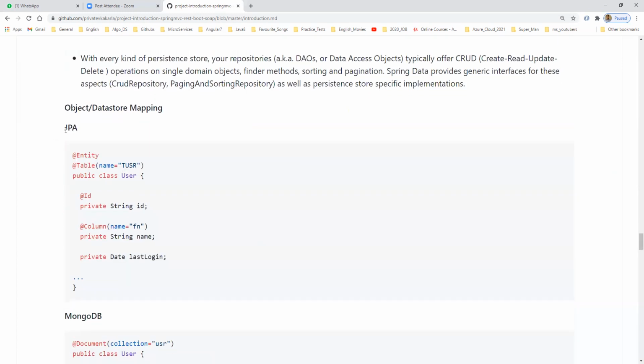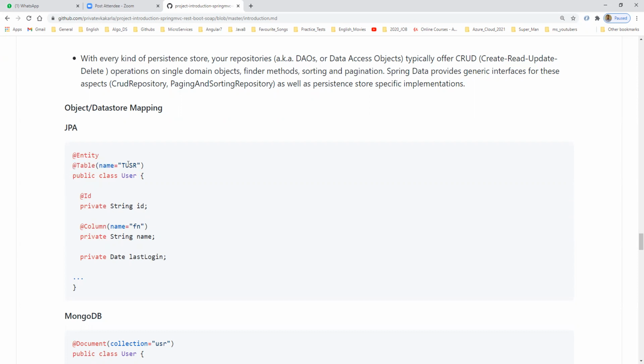If we are using Java Persistence API, @Entity is nothing but our user class we are treating as a database entity or database model. On top of this, you can give @Table. Previously we configured these things in an XML file, but now we don't want to configure these in an XML file. Simply by giving these annotations, we can define our user as a table.